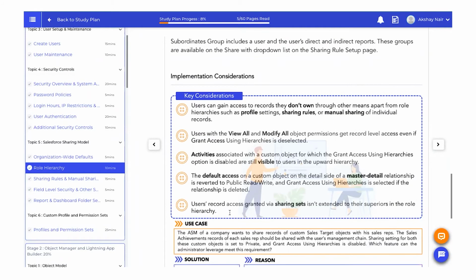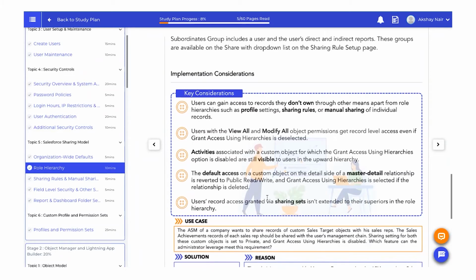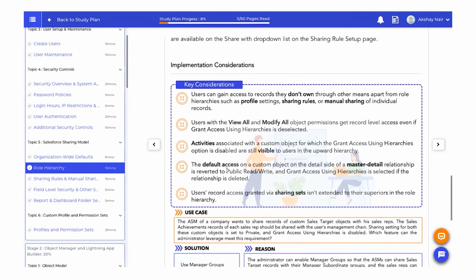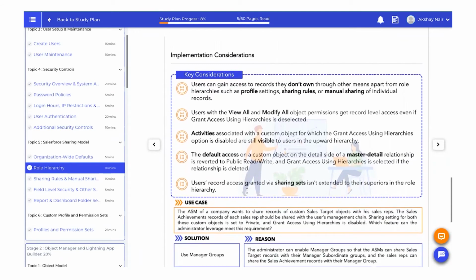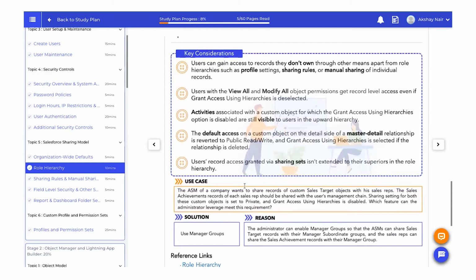Activities associated with a custom object for which the grant access using hierarchies option is disabled are still visible to the users in the upward hierarchy, because activities work in a different way. Default access on a custom object on the detail side of the master detail relationship is reverted to public read write, and grant access using hierarchies is selected if the relationship is deleted. Okay, so you have to make sure that if you're changing the master detail relationship, this default access on the custom